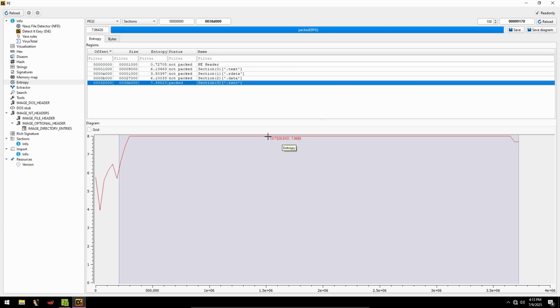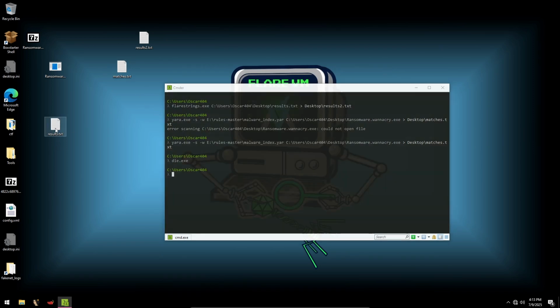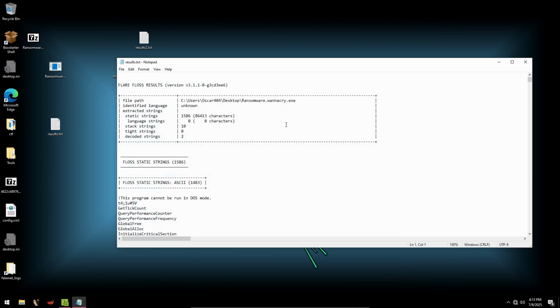As you can see here, the entropy is pretty high, so it is completely packed. And that's all about doing static analysis. And in the dynamic analysis perspective, the first thing we might need to target is the domain we reached out to,